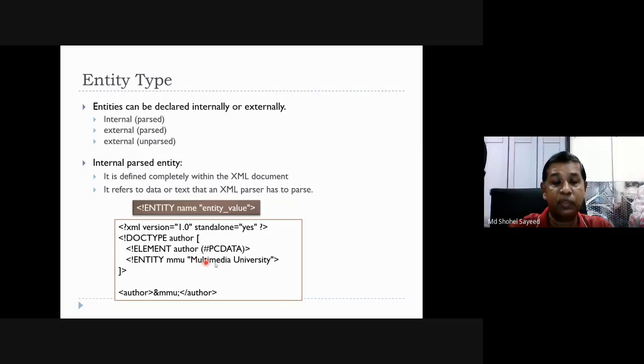Basically, what is MMU? We can define it here as Multimedia University. Now if you use it in XML code, you write author, then &MMU;. That means it will take the value from here that represents Multimedia University, then finish the author. Okay, this is internal.